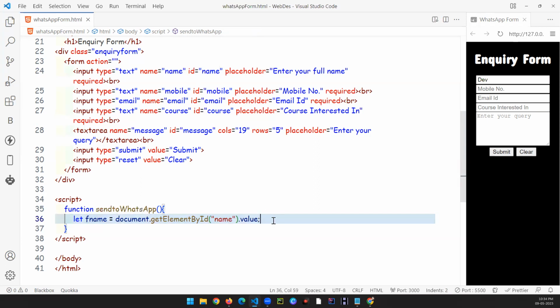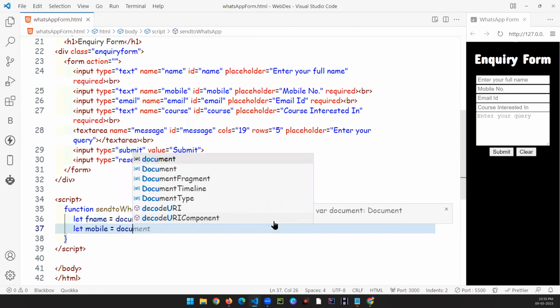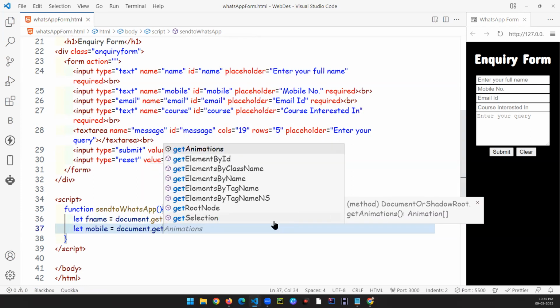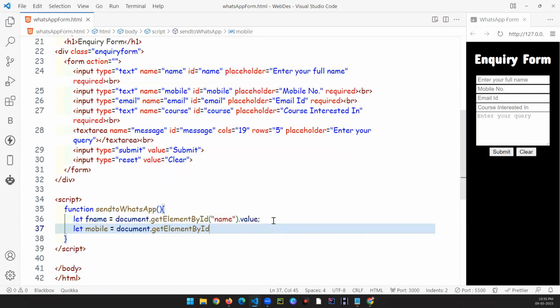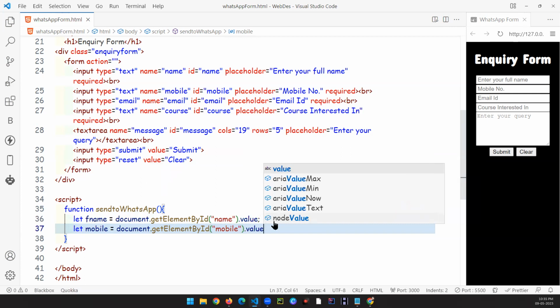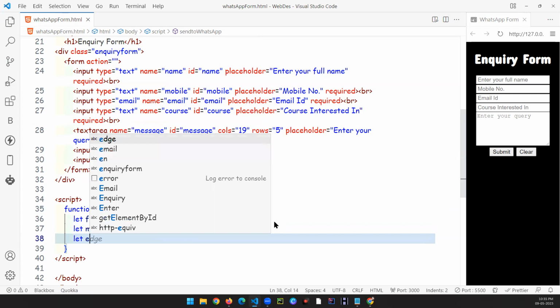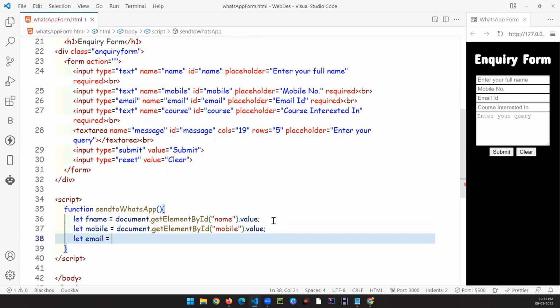Okay, something like that. So what I want to do next, I want to create another variable for what? Mobile number. Mobile number I want to create. From this document, get an element whose ID is what? Mobile. And store that value over here. Okay. Next, let email equal to,